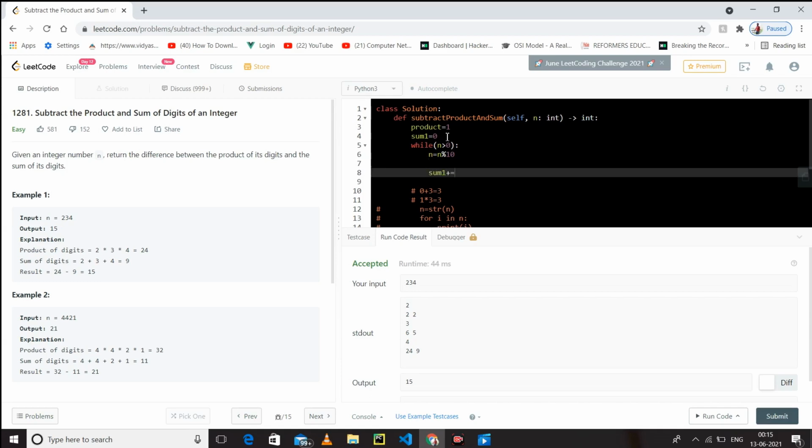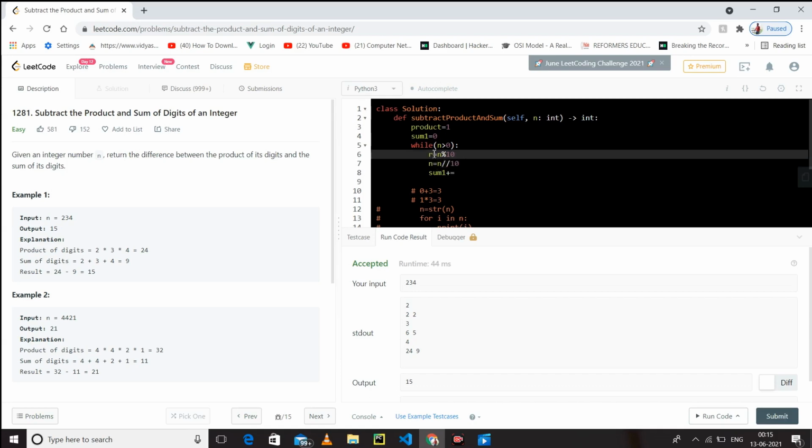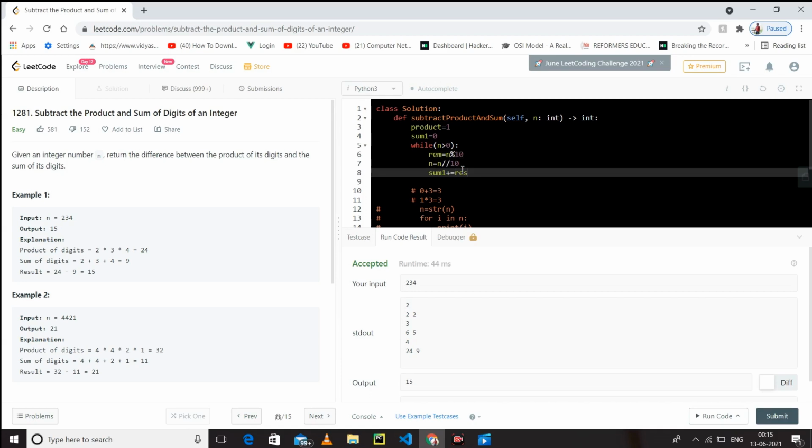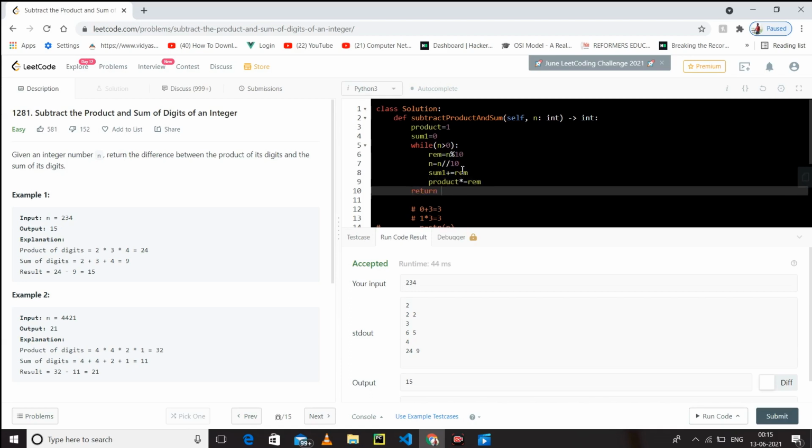So sum is equal to sum plus remainder, so it's a remainder, and we will add the remainder, then we will have product multiplied by the remainder, and just return it.